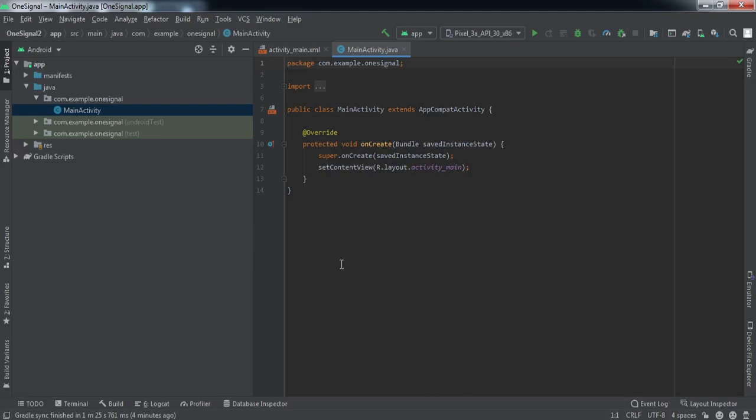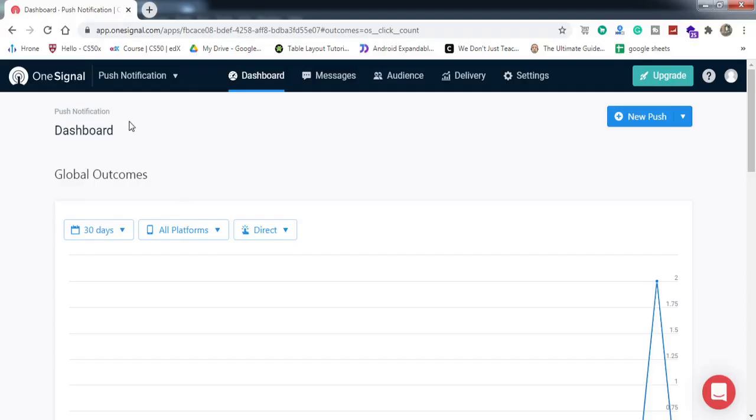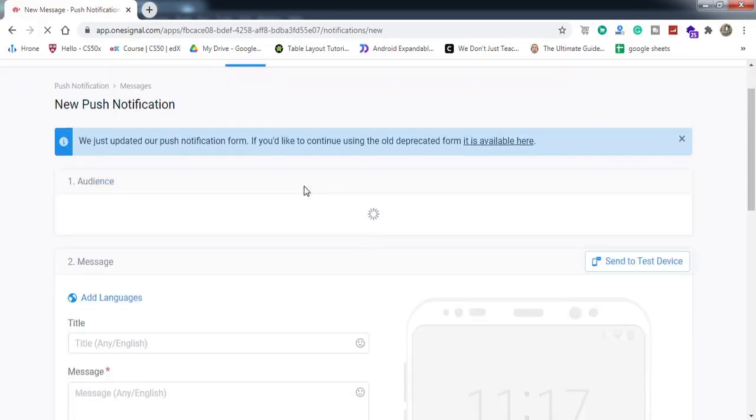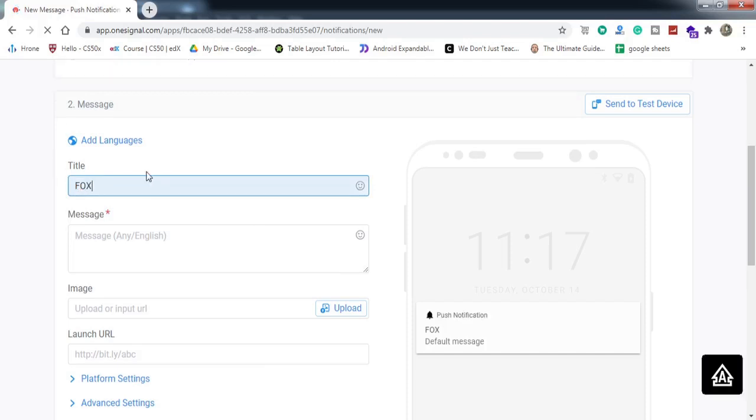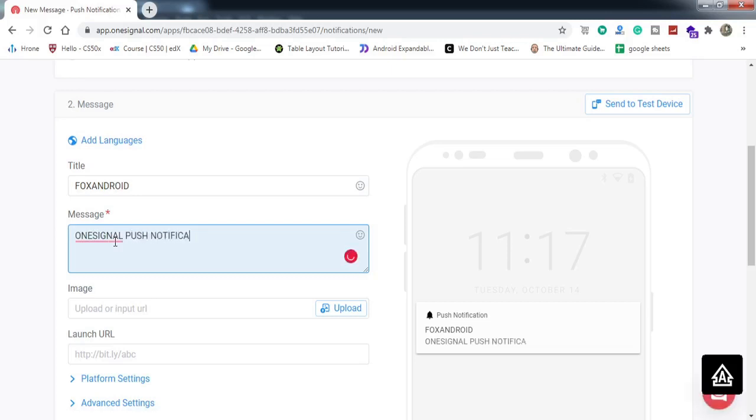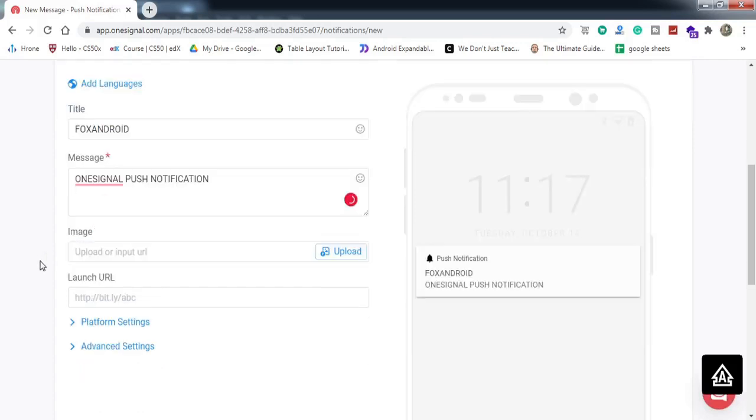So first let me just give you a demo of what we're gonna get by the end of this tutorial, right? So if you can see, I am here on this OneSignal dashboard. So if I just create a new push, so I'll just give it a title, OneSignal push notification, right?